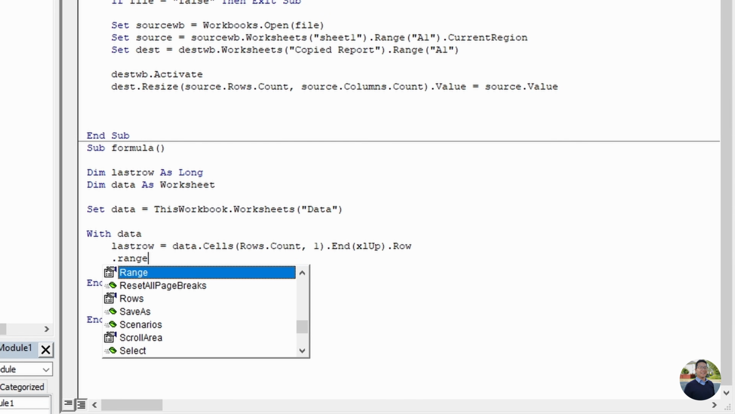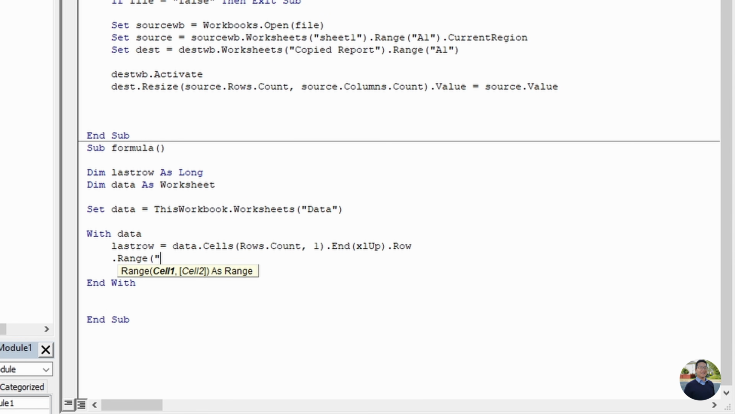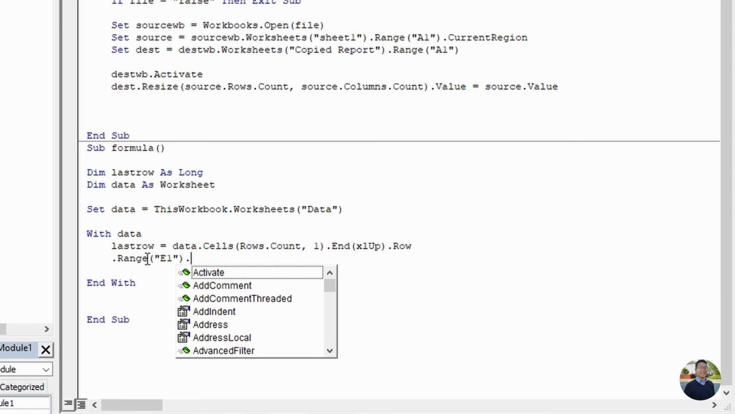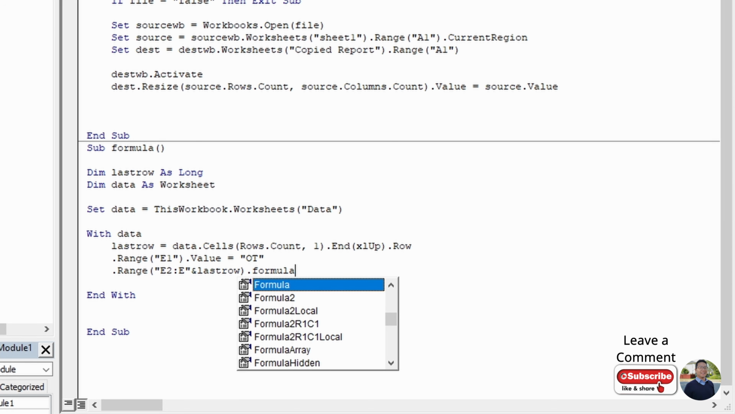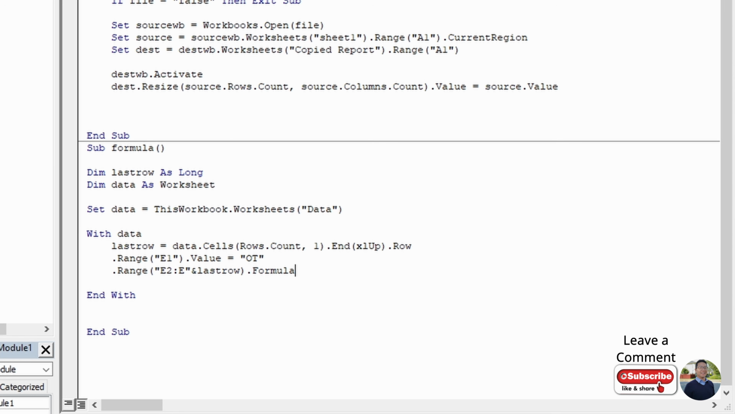Next, we're going to do range inside parentheses and double quotes. We're going to do E1 dot value equals, and then inside double quotes would be OT for overtime. Then do dot range E2 to E, ampersand last row, comma dot formula. Oops, dot formula. And the formula would be